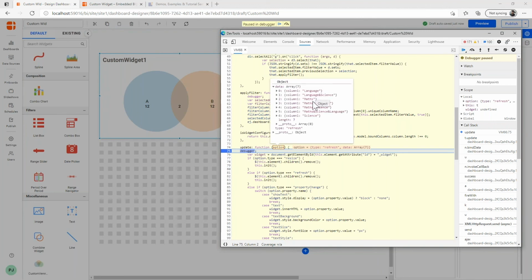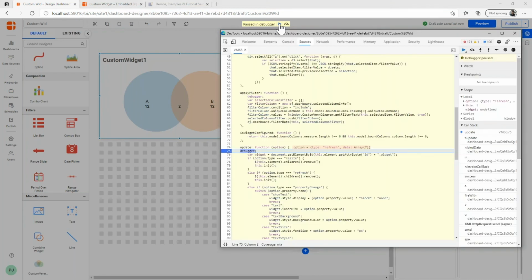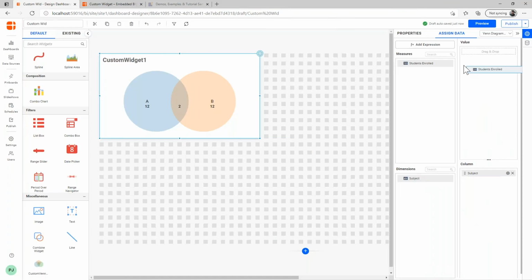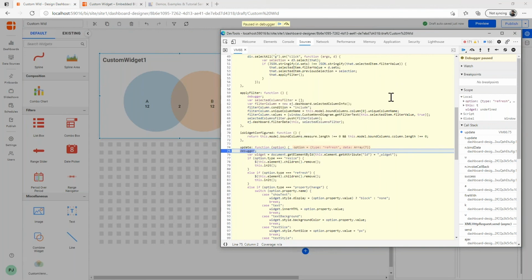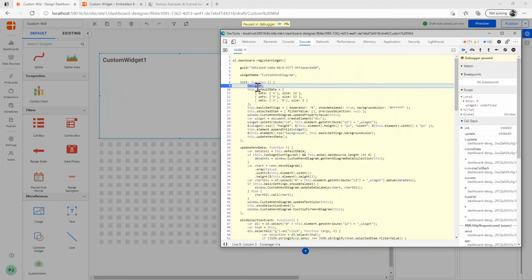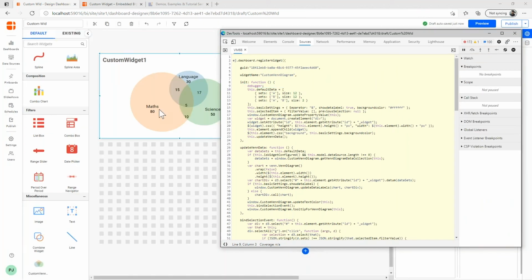Okay, so there is a column that we have added, and now let me drag and drop. Let me skip this. Okay, now let me drag and drop the students enrolled, and you see the data here. So the column name and the values will be available here, with which you can render the data. Okay, so I have made use of that, and using the init function, I have rendered the widget. So you see the widget is now successfully plotted.